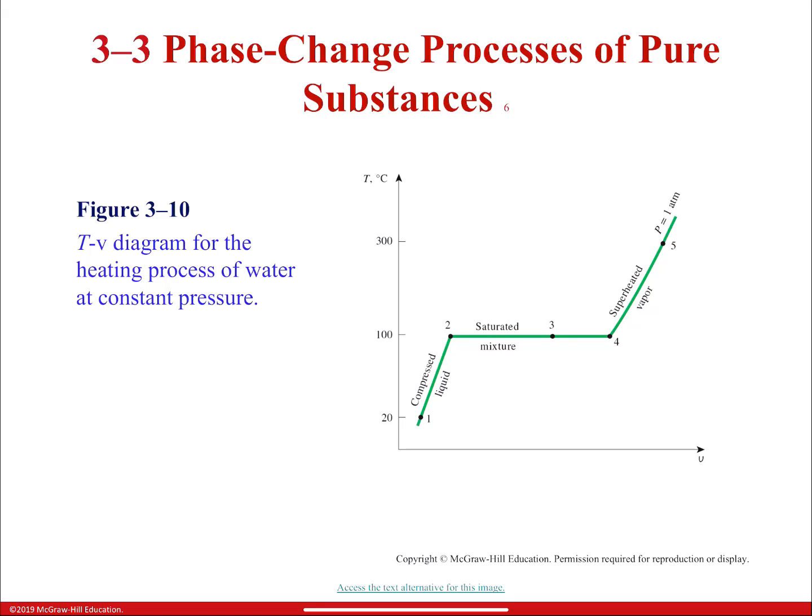So we were defining 5 states. So 1, 2, 3, 4, and 5. The first one, compressed liquid, that's a single phase, only liquid is present over there. As the temperature was rising from 20 all the way to 100, we reached the second one. The second one is called saturated liquid, and basically at that stage we start having molecules of vapor, and now we have vapor, liquid, vapor, liquid, until it reaches number 3. At stage number 3, it's only vapor what I have.